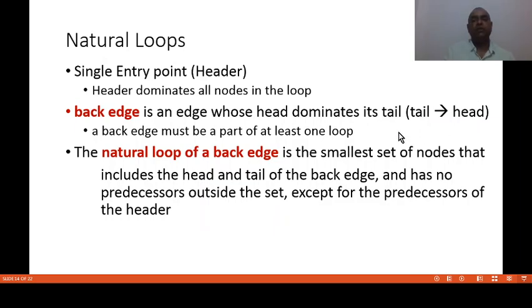That means if there is an edge from tail to head and the head dominates the tail, then that is a back edge. A back edge must be a part of at least one loop. The natural loop of a back edge is the smallest set of nodes that includes the head and tail of the back edge and has no predecessors outside the set except for the predecessors of the header.